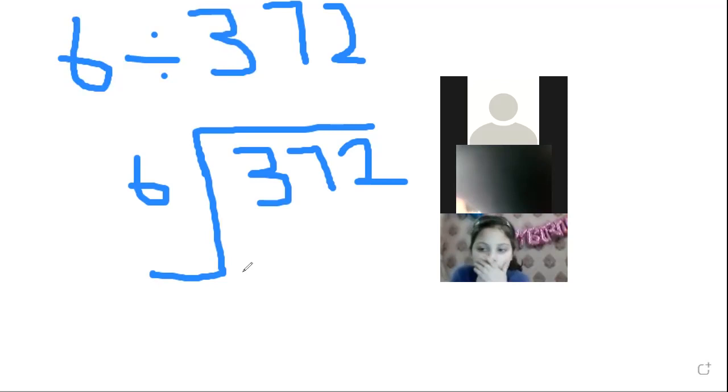Yes, Sila, Azan and Bisma, tell me the answer. What is the answer of this question? Abira, very good. Now 3, how many times 6 is 12? 6 ones are 6 and? Very good. Then write 6 2s. How many will you write, son? 6 2s are? Where will you write 2? 6 2s are 12. Write 2 here. 6 2s are 12. Very good. Now do subtraction.